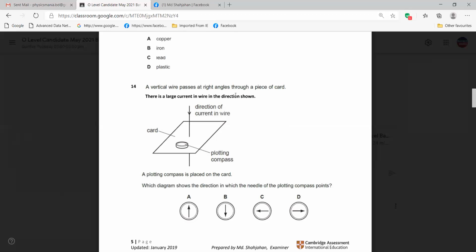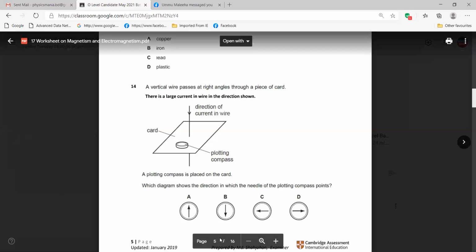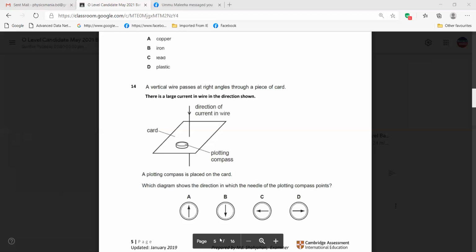Right hand grip rule. So if I put my thumb through it, and if my hand is going like, I think, clockwise,